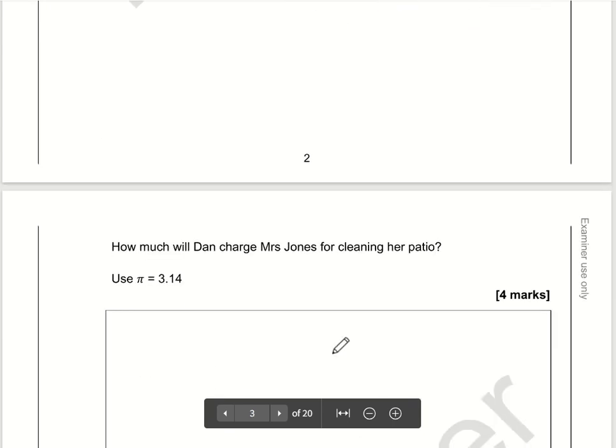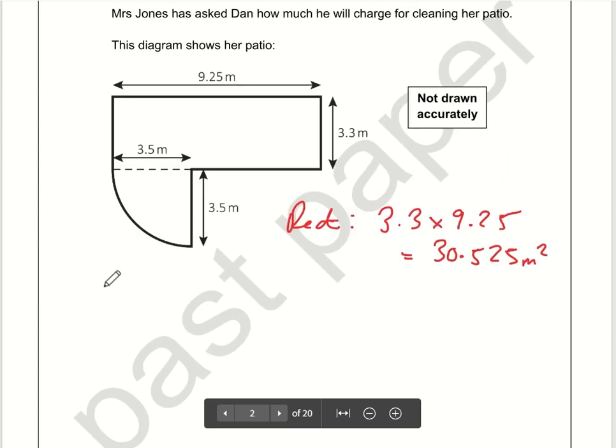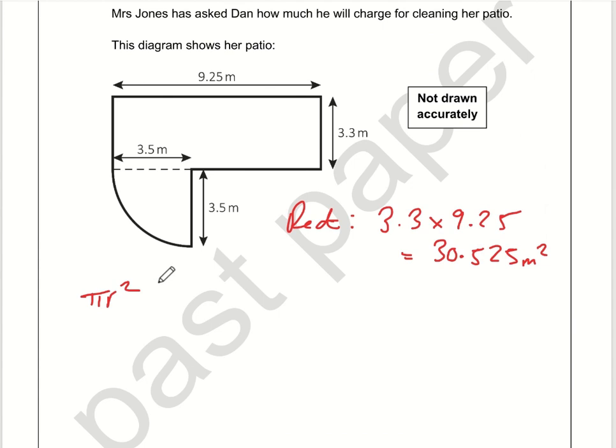Sorry, I should be doing the workings out down here, but I don't want to be scrolling up and down the whole time. So the formula for the area of a circle is pi r squared, but this is a quarter of that, so we need to divide by 4. So that's going to be 3.14 multiplied by 3.5 times 3.5 divided by 4, and that comes to